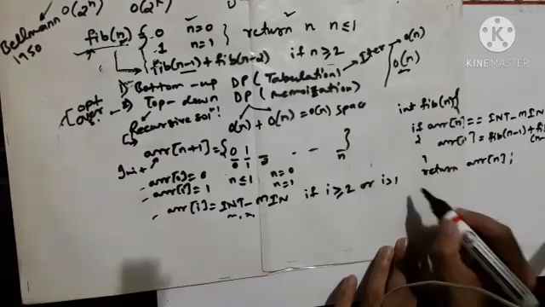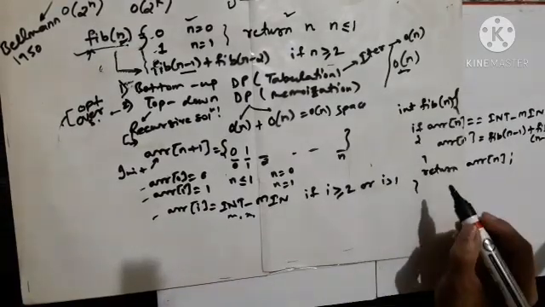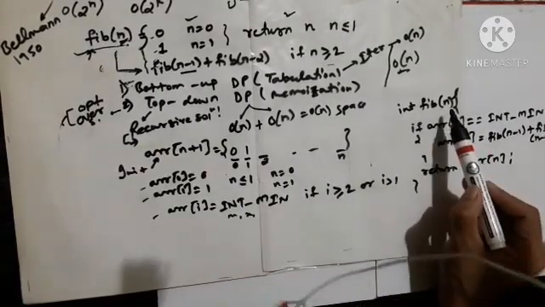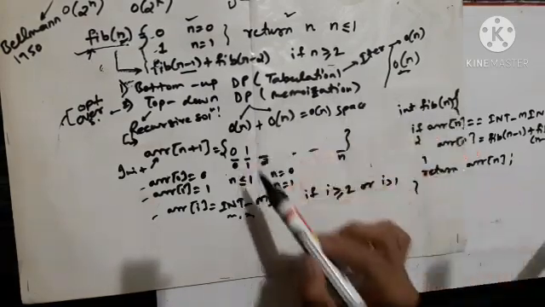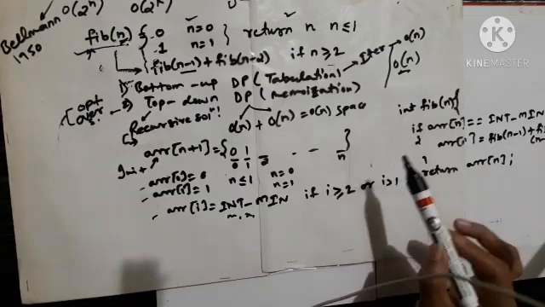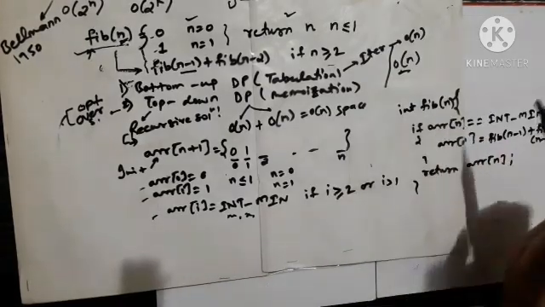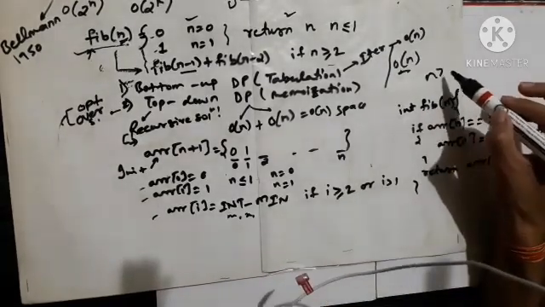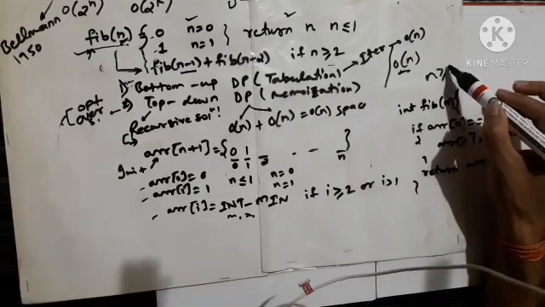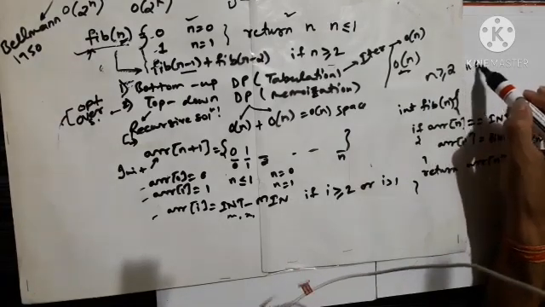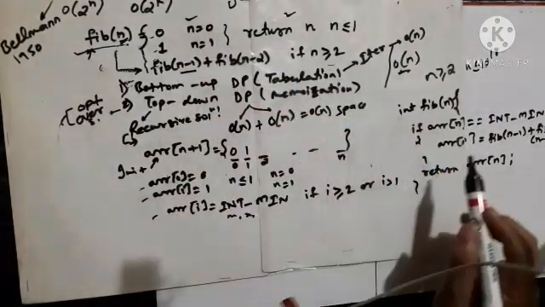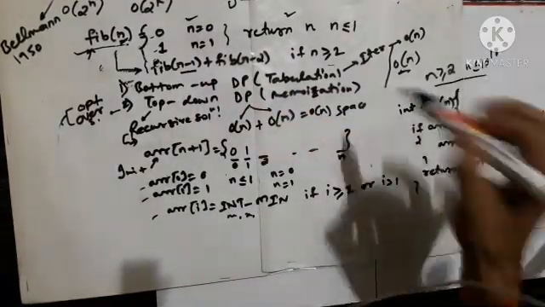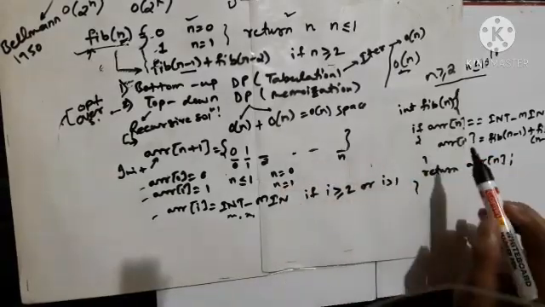See, what I'm trying to say is, we are given an n. n could be anything, 5, 6, 10, 12, anything. This coding solution will work for even n as big as 10 raised to the power 18. This will be, if n is greater than 2 and n is less than or equal to 10 raised to the power 18. That's why we are using DP. This many constraints can be handled by this coding problem.